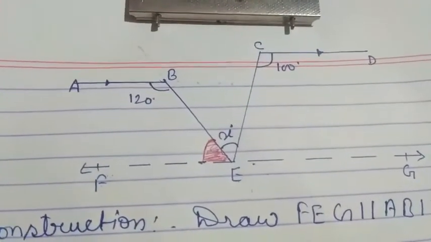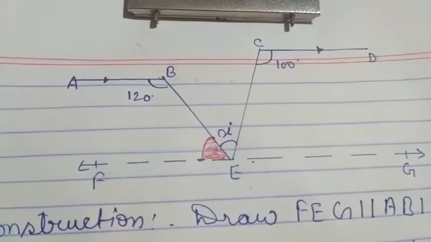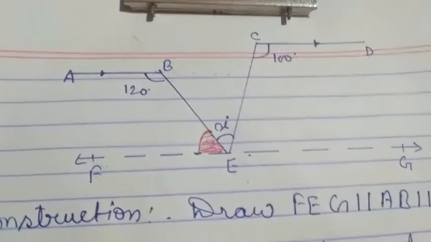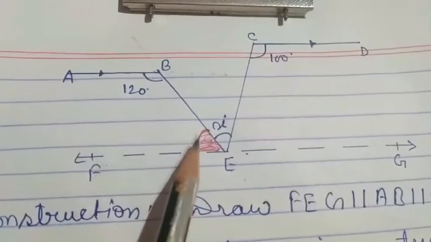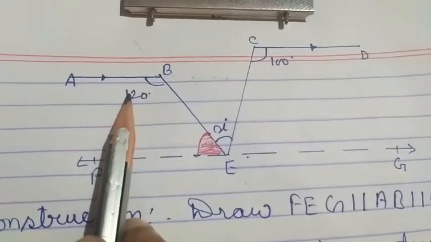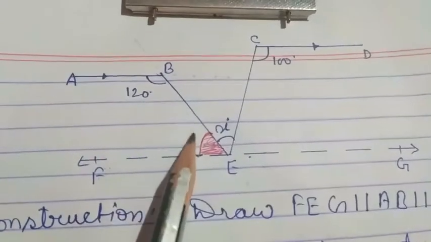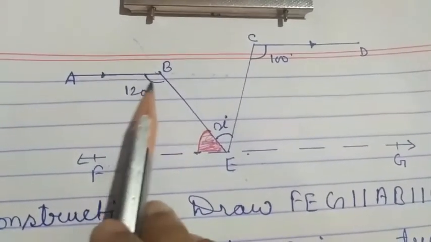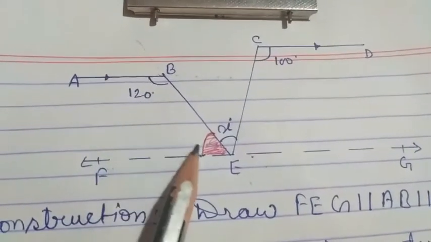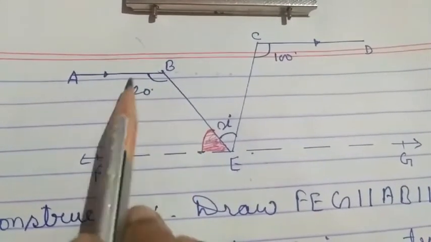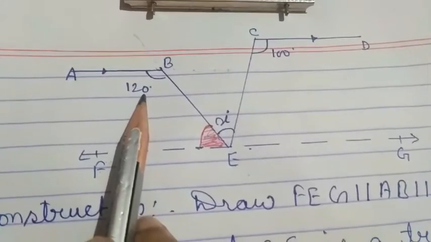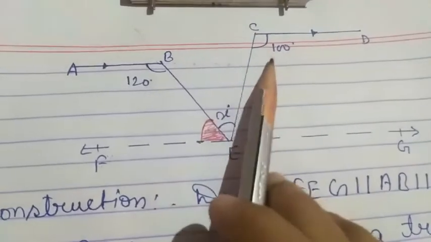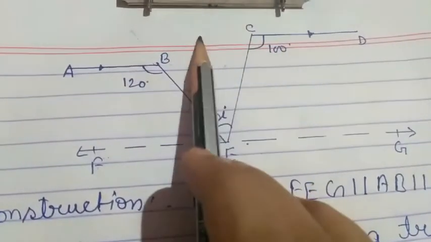So what is the measurement of consecutive interior angles? We know that the sum of consecutive interior angles is 180 degree. सो दोनों का सम 180 है, एक एंगल पता है तो 180 माइनस 120, you can find this one. दोनों को मिला के 180 हो रहा है, तो अगर हम उसमें से एक गिवन है, एक को माइनस कर दे तो सेकंड आ जाएगा. So 180 minus 120, this one is 60 degree. Yeah, absolutely right.